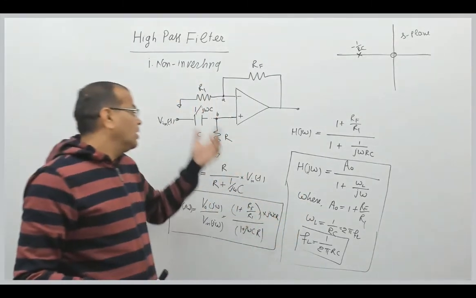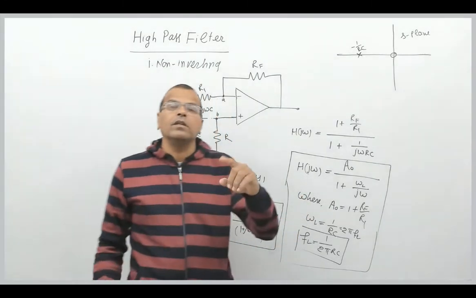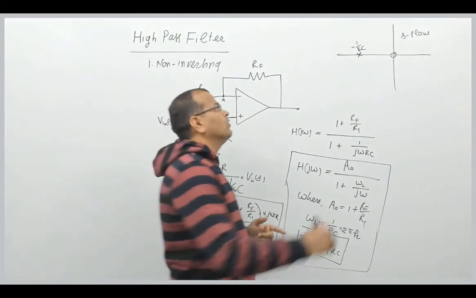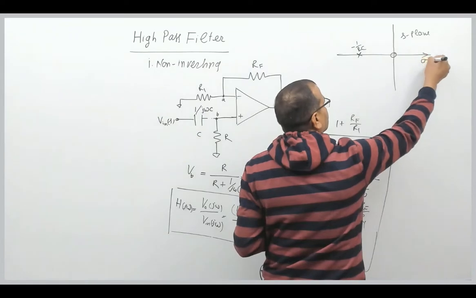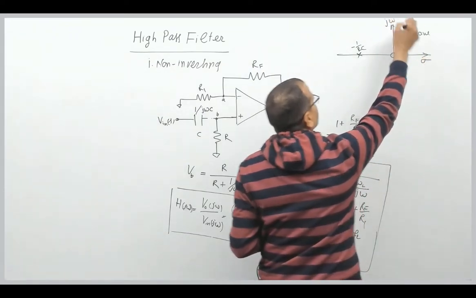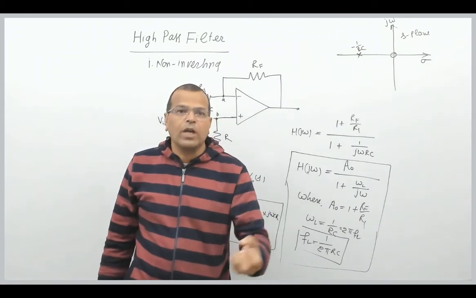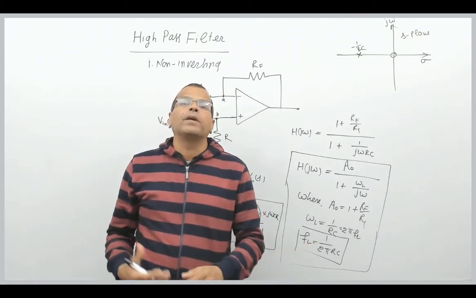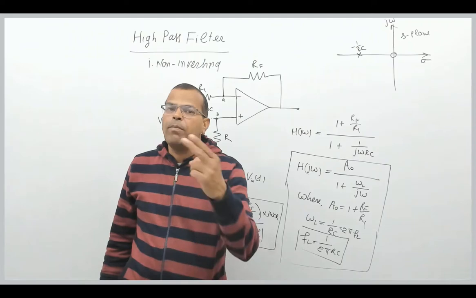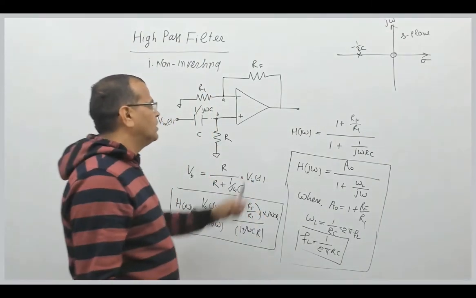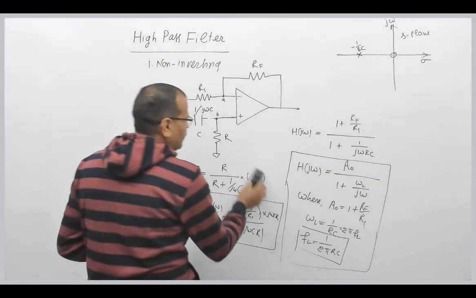Before that we have discussed the transfer function in the S domain. S is called complex frequency. So for complex frequency, this is the real axis, this is the imaginary axis, right? So in case of the S domain, we talk about the transfer function and pole zero diagram. But in case of the frequency domain, we talk about the frequency response and phase response. So this is the expression of the transfer function.